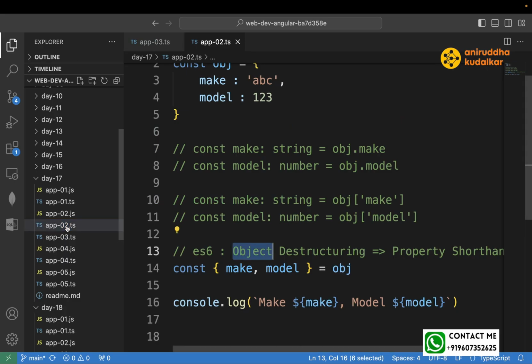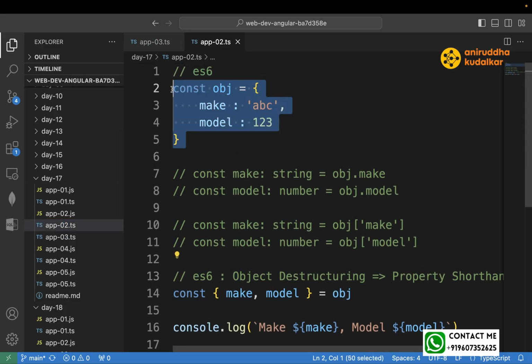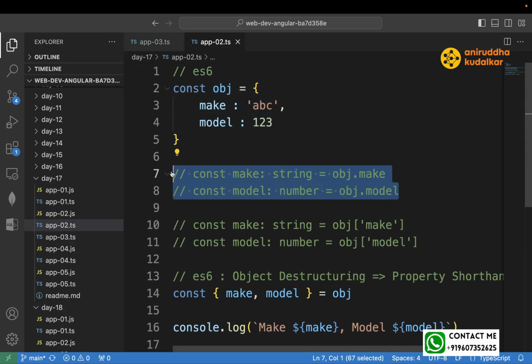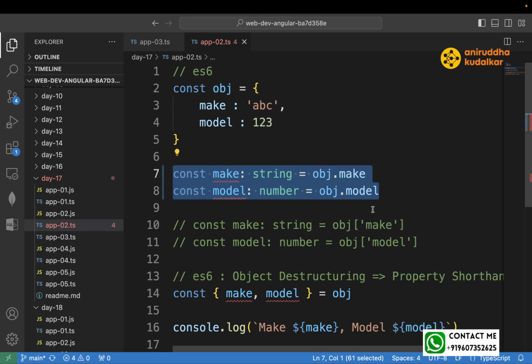This is the object, and I want make and model separately. So what do you do? This object.make, this object.model. So you define separate variables, and into those variables you add the values of object.make, object.model. A little bit lengthier way,